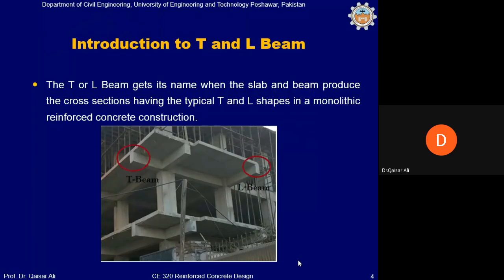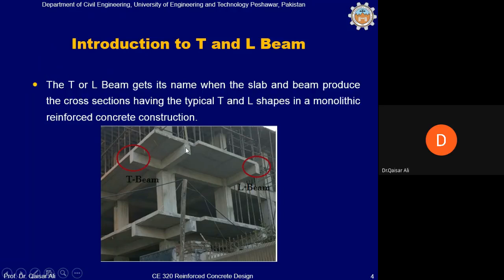But in reality, in almost all reinforced concrete structures, the shape of the beam, which you can see in this picture, will look like either a T or L beam. This is an L beam, which means some part of the slab will also be taken in the design of this beam. The beam itself, as you can see, is rectangular,